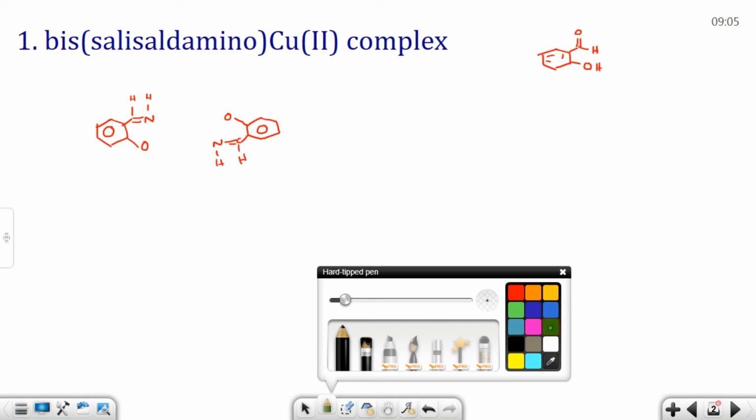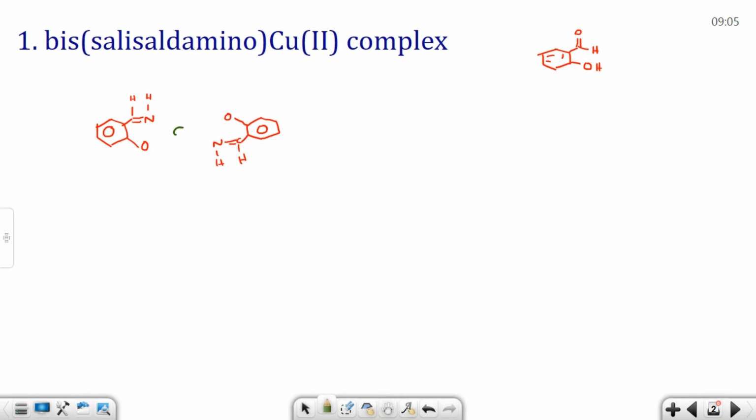The metal here is copper. Copper forms bonds with these ligating atoms. Now this complex has the oxidation state plus 2, because oxygen is in the form of oxide. This is the metal complex, and for this metal complex we have to predict the ESR spectrum.